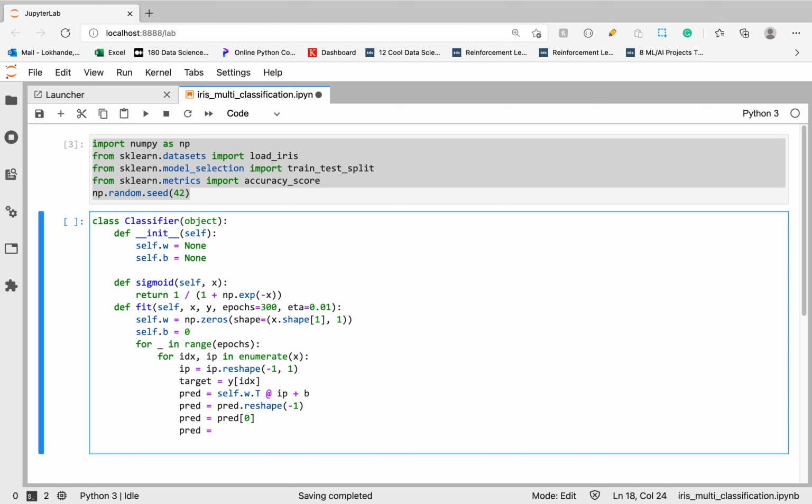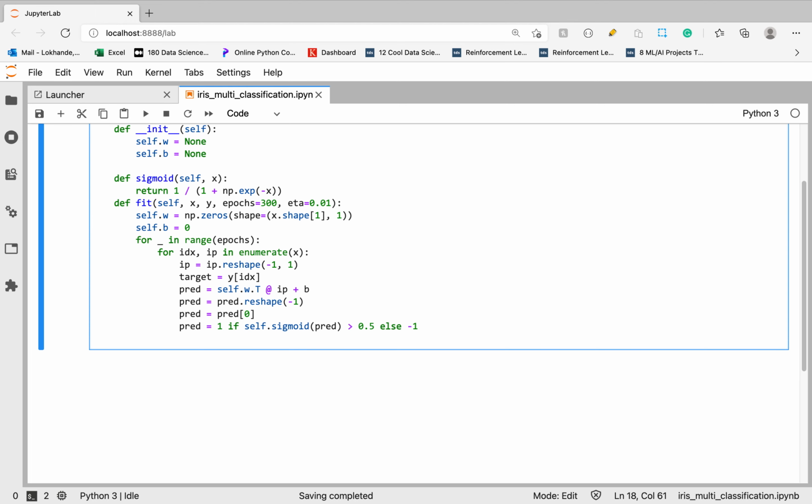We say that our prediction is 1, meaning positive 1, if this sigmoid function returns a value greater than 0.5, otherwise it will be -1.